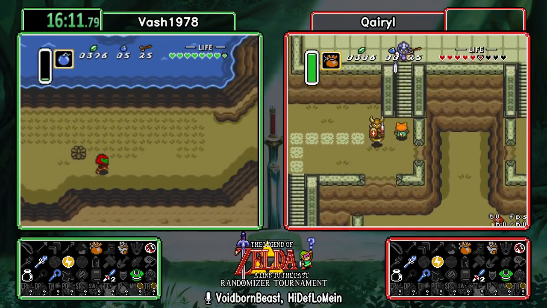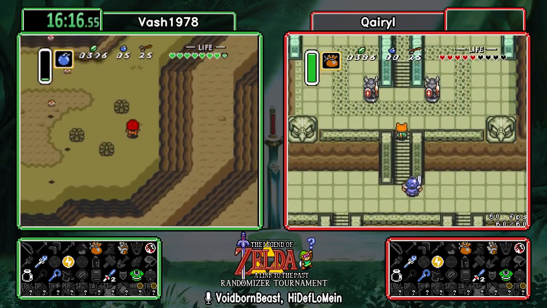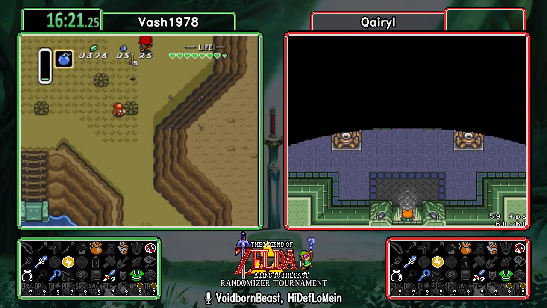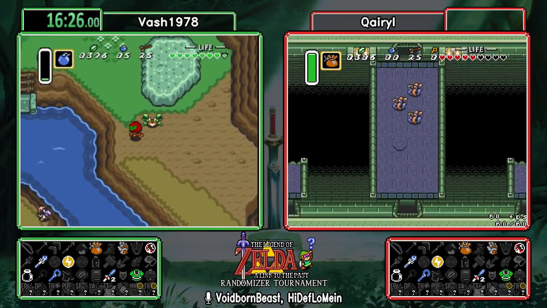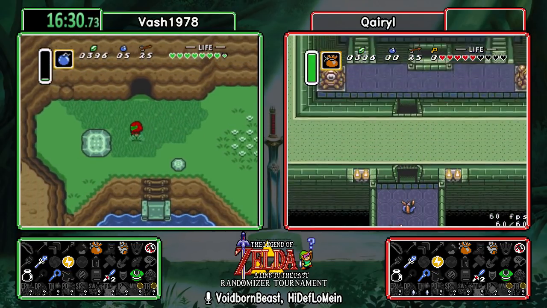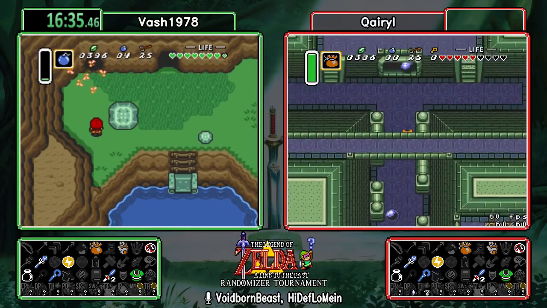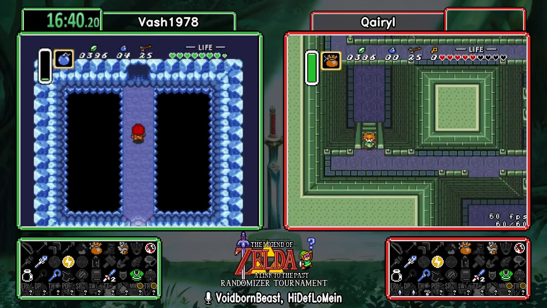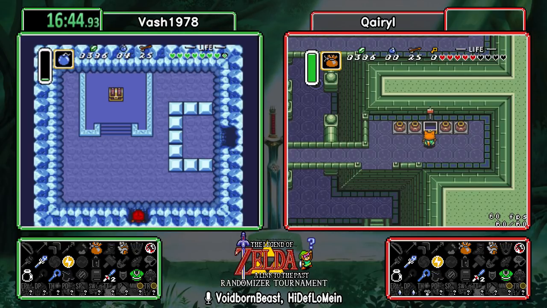Quick map check there. We've got a pendant on Hera. We've got a blue crystal on Eastern. I didn't quite see what was on Desert. By the looks of it, it was another crystal. Okay. So that means that's 2 of the Dark World dungeons taken out of...